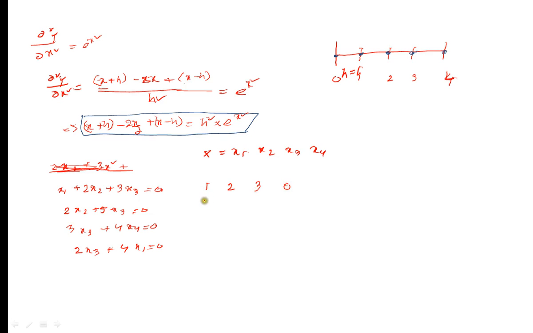Okay, so for equation 2 the coefficient of x1 is 0, x2 coefficient is 2, x3 coefficient is 5, and x4 coefficient is 0. For equation 3, the coefficient of x1 is 0, x2 is 0, x3 is 3, and x4 is 4, right? Then for equation 4, the coefficient of x1 is 4, x2 is 0, x3 is 2, and x4 is also 0. So this is the coefficient matrix